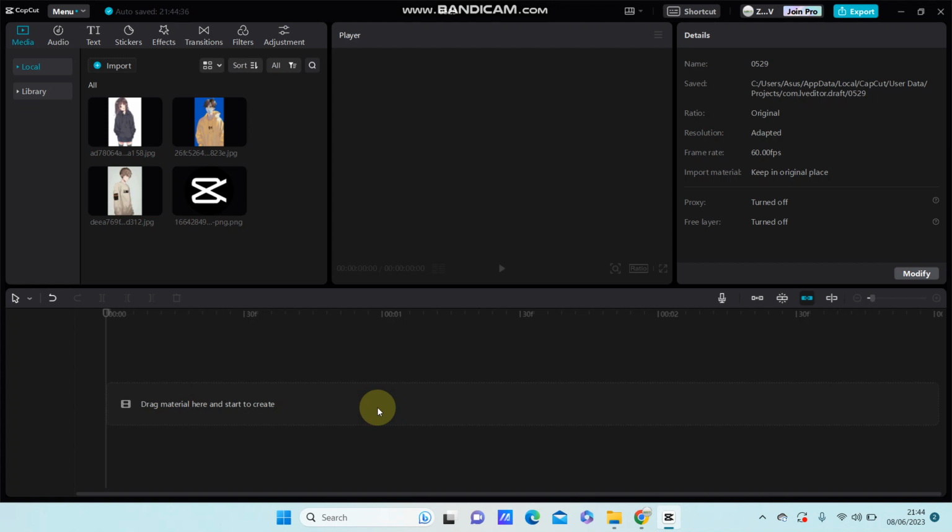Hey guys, in this video I am going to show you how you can mix or blend the overlay in CapCut. Alright, so first you are just going to select your current,